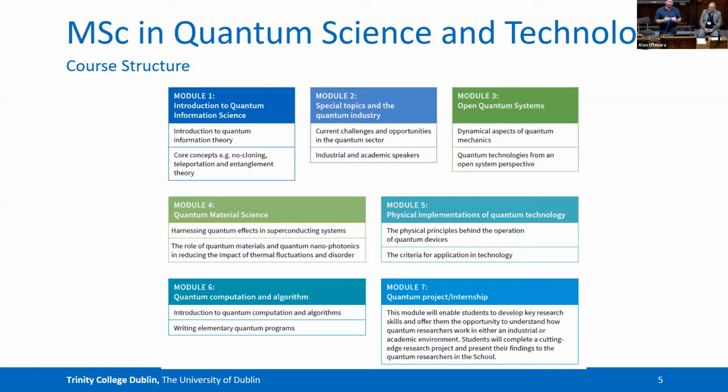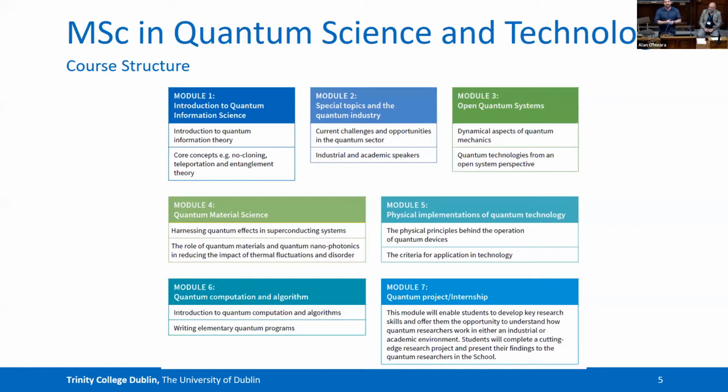Then in the second semester, so post-Christmas, the 3 new modules will start. The first one is going to be coordinated by Professor Ortwin Hess, and that's going to be on quantum materials science and quantum photonics. It's going to be research-led, so he's going to tell you all about the exciting things in his fields. We're going to have a module delivered in part by Paul Eastham on the physics of implementations